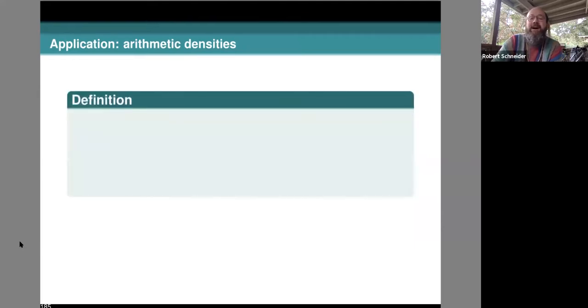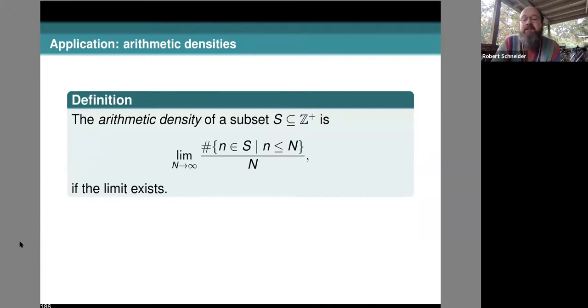I'd like to go over one specific, really cool application that I worked on with my collaborators, Ken Ono and Ian Wagner. In fact, we are just submitting a second paper on this topic this week. This is on arithmetic densities of subsets of natural numbers. It turns out that we have partition-theoretic formulas for those, spoiler alert. So recall the arithmetic density of a subset of natural numbers. I don't know why I put Z plus there. I think I maybe flip-flop throughout the talk. It is the limit of basically the number of integers in the set S up to n, over n. If this limit exists, that's the arithmetic density of the subset.